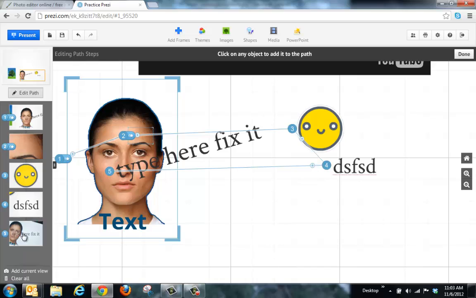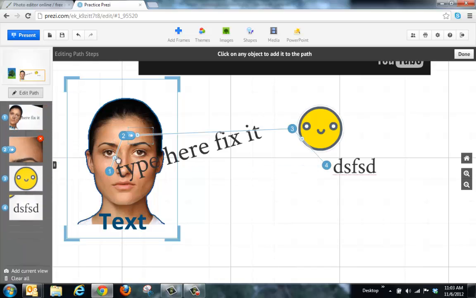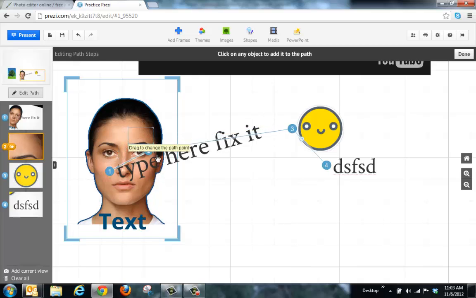And then if I want this to show up first, I can move it here. If I want to delete a path, I can delete it. I can also drag on a path here and manipulate it and change its setting over here. Now, when I'm done with paths,